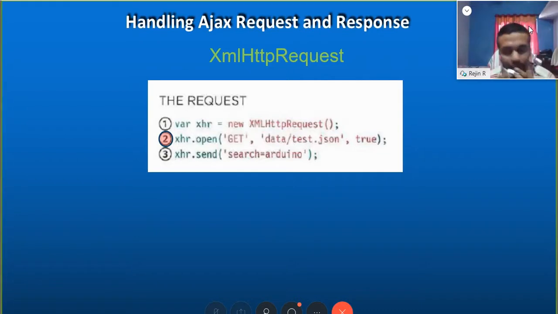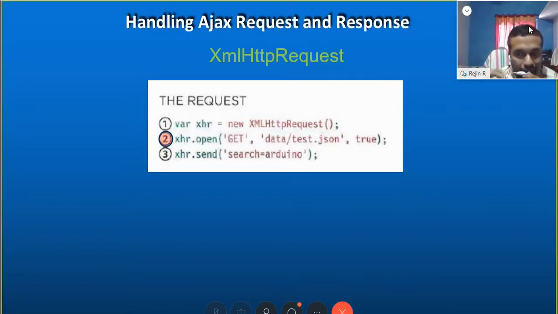What is the meaning of that second statement? In the second statement, using the XMLHttpRequest object we have previously created, we use a method within that object that is called open. We are trying to open a connection with our server using any of the methods. Any of the methods means that method can be anything. You already know what get, post, put, delete are. Those are different methods available as part of an HTTP request.